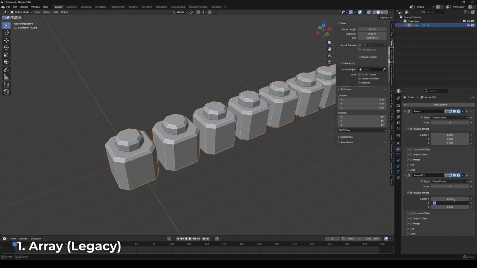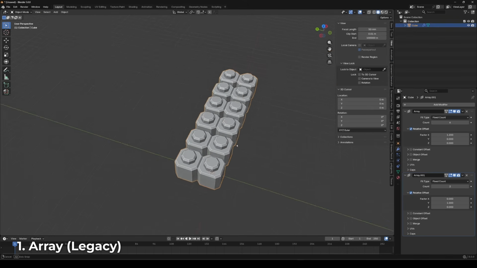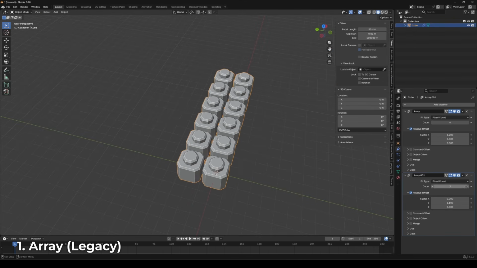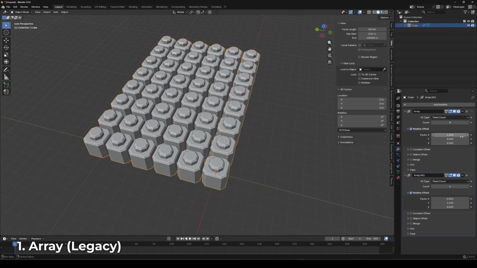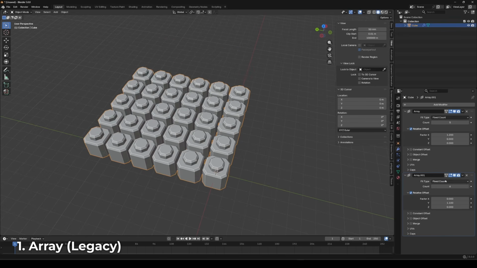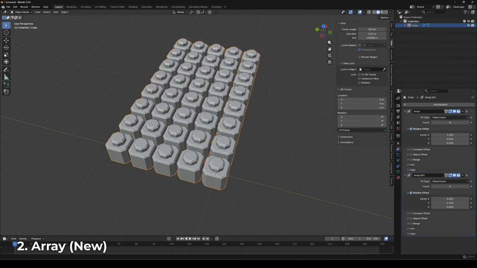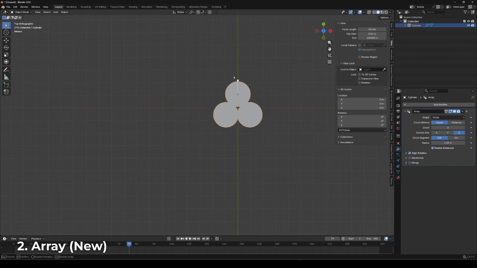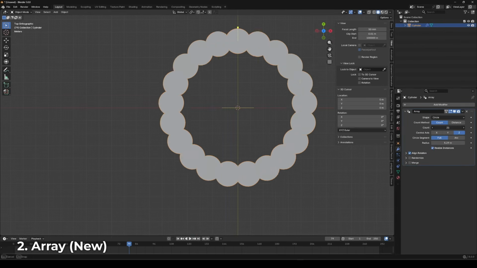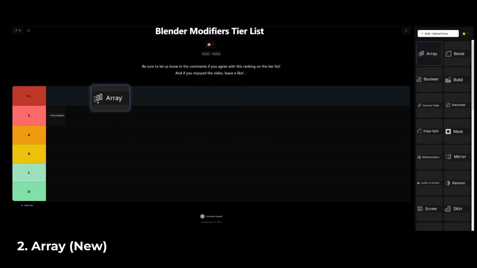First up, I want to take a look at Array. Array is used to duplicate an object multiple times. In Blender 5.0, we actually have two array modifiers. One from the previous version, which I already think deserves S tier. But after seeing the new array, which significantly improves on the old one, I had to give it an S+